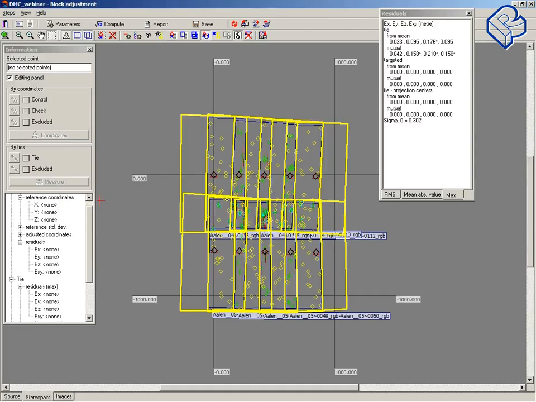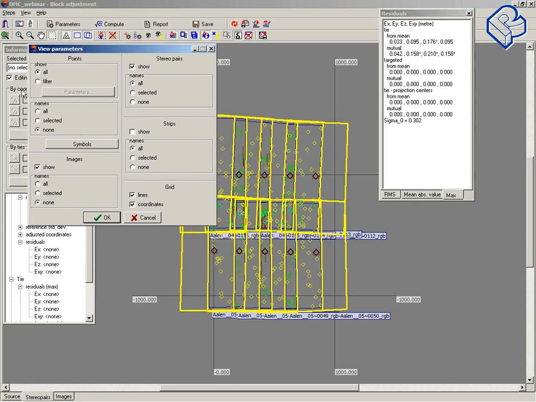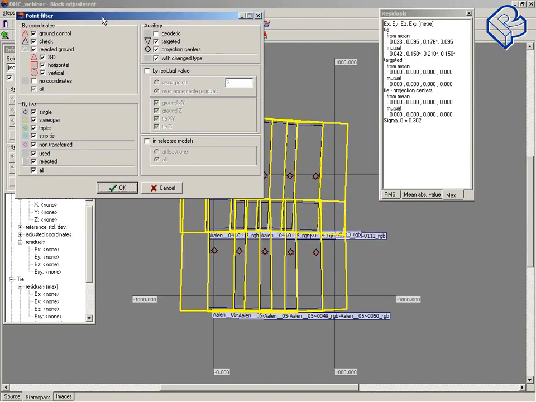Press OK. But there are a lot of points, and let's set the visualization for points. Use filter here and parameters. Now I would like to work with type points, I mean no coordinates for them, and for example worst, okay, by residuals value,